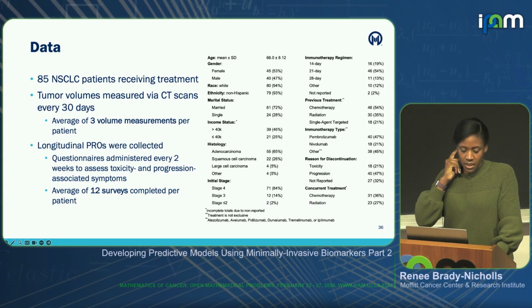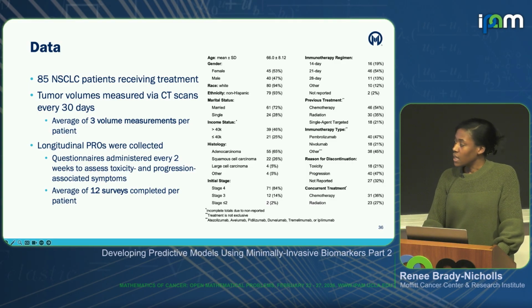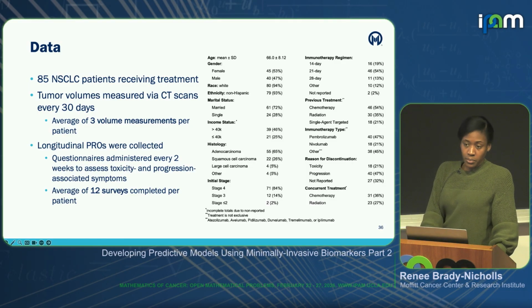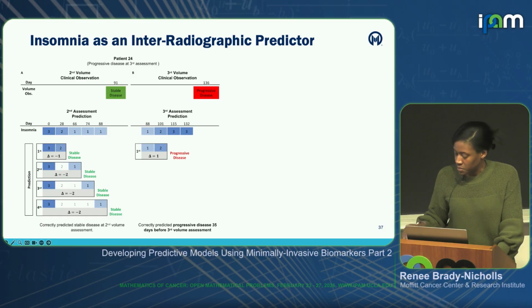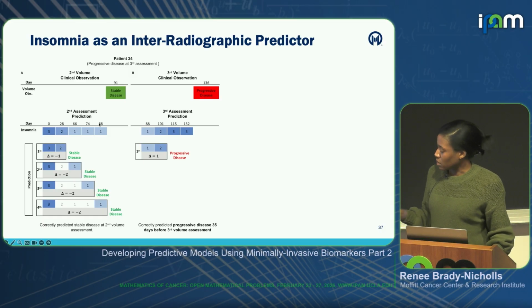Okay, so onto this data now. This is the same data set that I mentioned, 85 patients. We have on average 3 volume measurements, as I mentioned before. And these longitudinal PROs, these questionnaires, were actually administered every 2 weeks. So it's a much larger data set, where on average we have about 12 surveys completed per patient. As I mentioned before, insomnia was the only one that significantly correlated with volume. So we actually conducted a study a couple of years ago where we tried to see, is insomnia by itself predictive? And what we found, this slide is a little bit busy, so I'll walk you through it a little